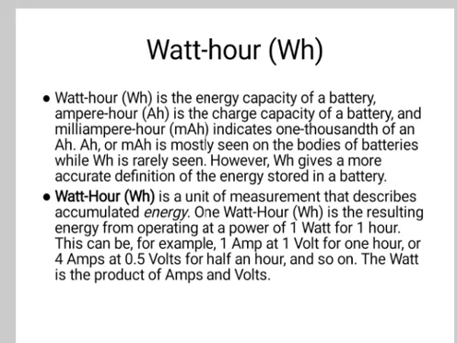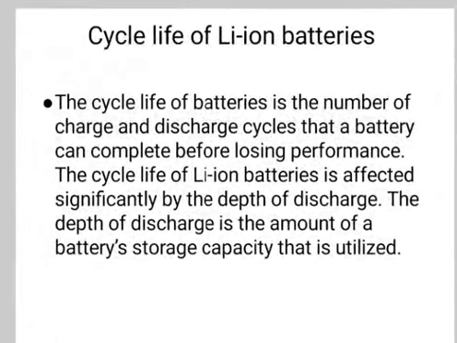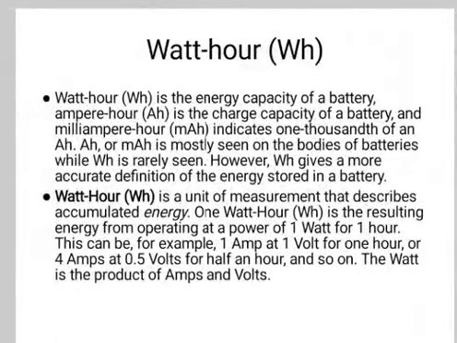Since voltage is pretty much fixed for a battery type due to its internal chemistry, often only the ampere hour measurement is printed on the side, expressed in ampere hour or milliampere hour. 1000 milliampere hour is 1 ampere hour. To get watt hour, multiply the ampere hour by the nominal voltage. For example, let's say we have a 3 volt nominal battery with 1 ampere hour capacity. Therefore, it has a 3 watt hour capacity.